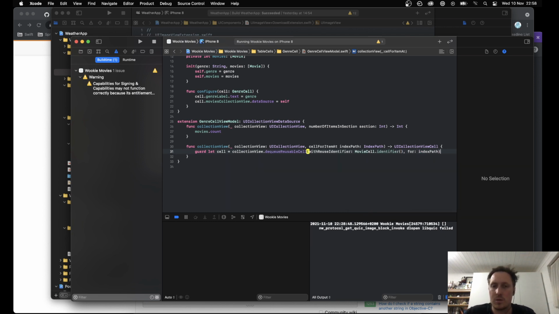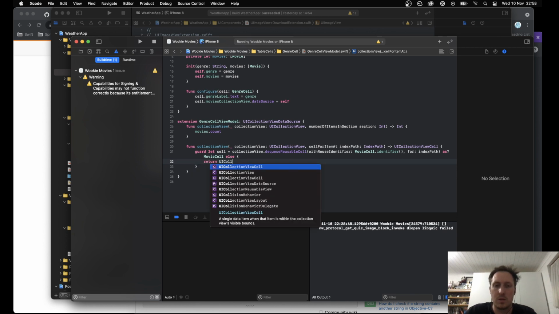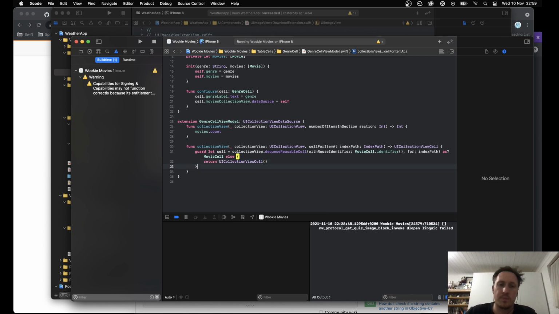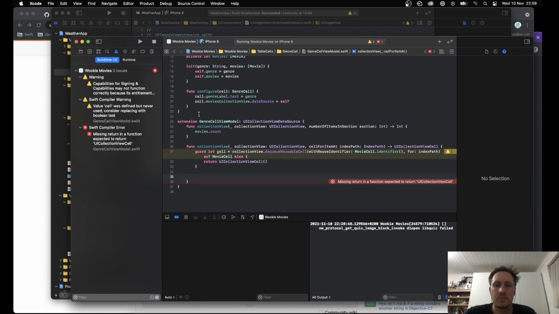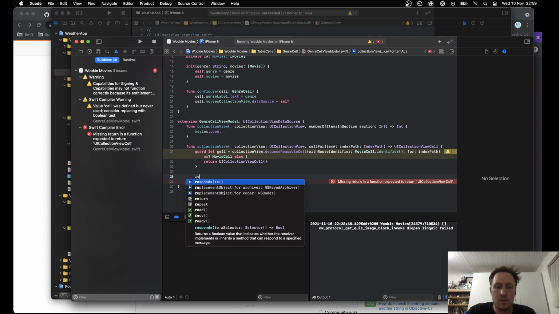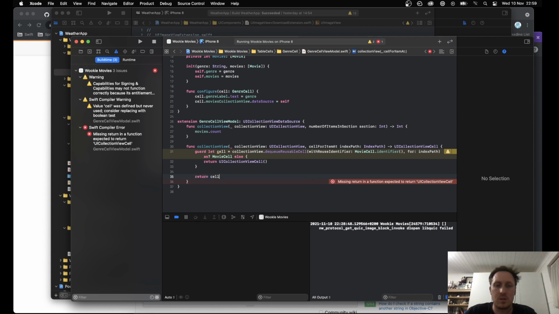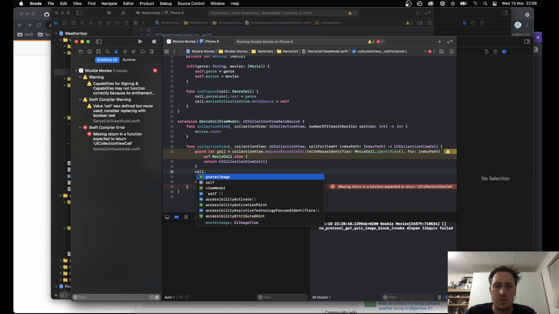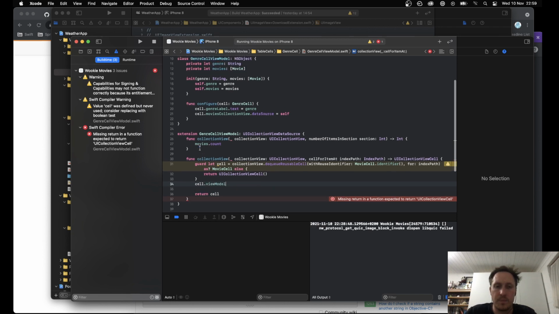We have an index path as movie cell, else return just UI collection view cell, and then return cell. But before we do that, we want to say cell dot view model